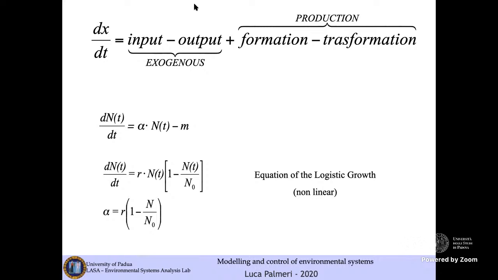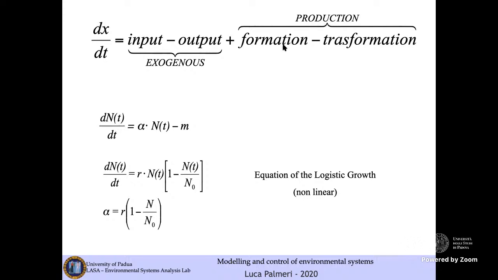Exogenous factors are factors related to the interaction of my system with the external environment. Exogenous factors may be described by what is going in minus what is going out from my chemostat, plus a term that we may call production,